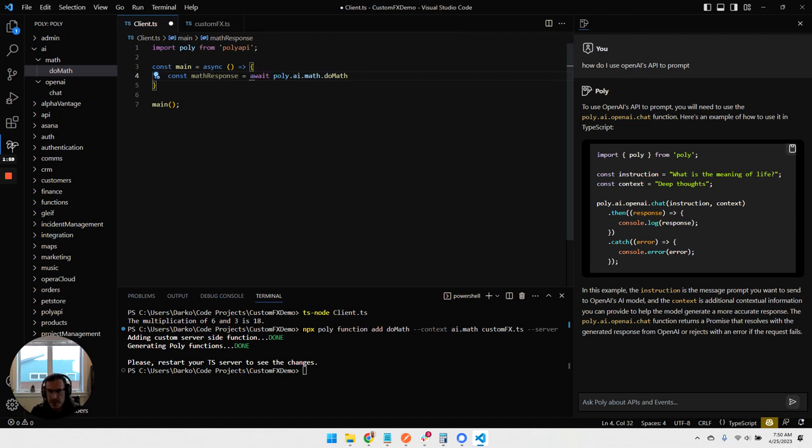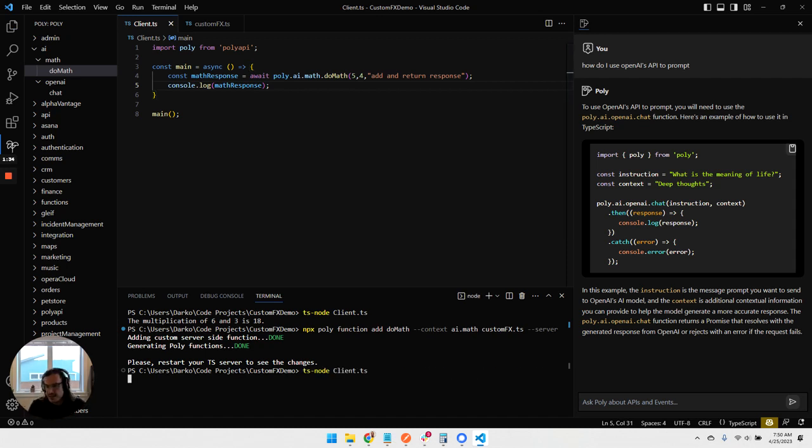I'm going to do an await statement, and we can see that IntelliSense is going to kick in. So I'll just give it two numbers and an instruction. I'll say add and return response as the instruction, and then I'll do a quick console log statement of the math response, hit save, and so now I can run this